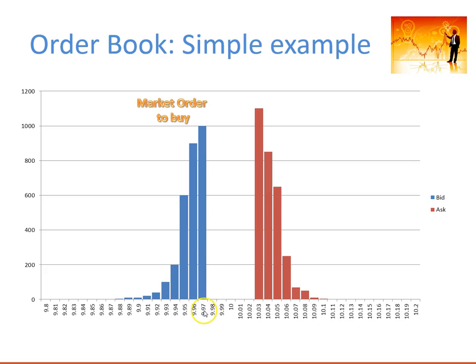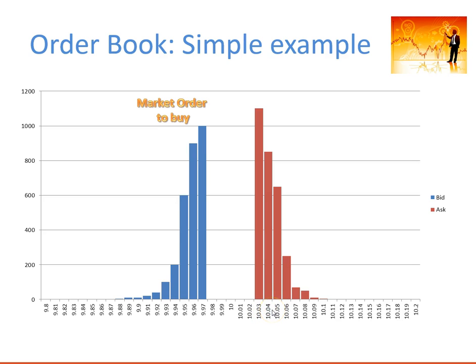So we've got, for example, currently a demand of 1,000 stocks to be bought at $9.97, 900 stocks to be bought at $9.96, and so forth. On the right, the red stacks are the current volumes and prices at which people have placed orders to sell. Currently there are orders to sell 1,100 of these stocks at a price of $10.03, 820 at